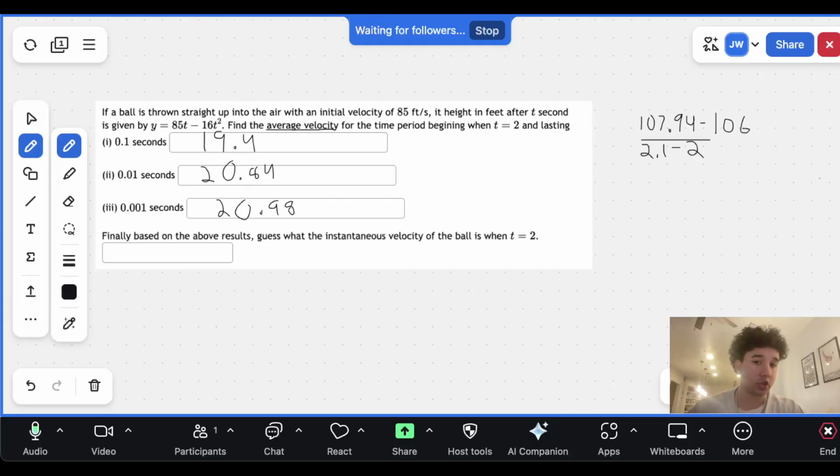Now notice that there's a trend going. We are converging on a particular number here. And that is what this final question is asking us, which is guess, right? Guess what it is. Well, if we look, 19.4, okay. We're increasing, 20.84. Okay, we're increasing at a slower rate though, 20.984. I would assume that this is 21, right? And what are we doing? Well, basically,